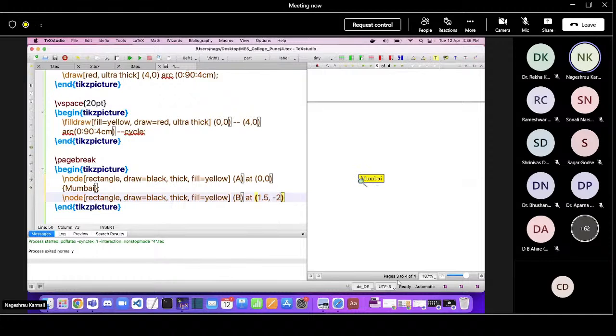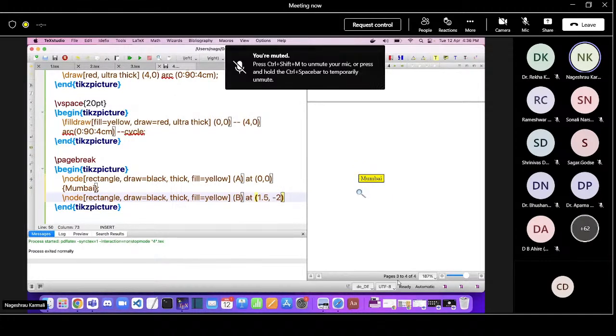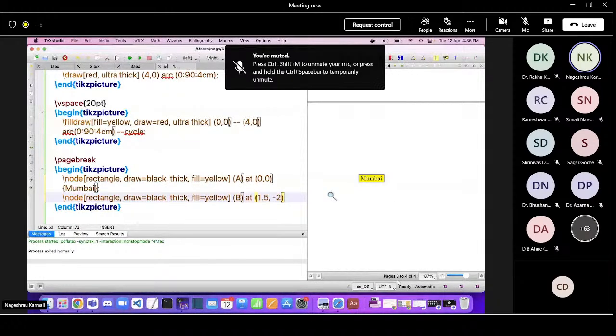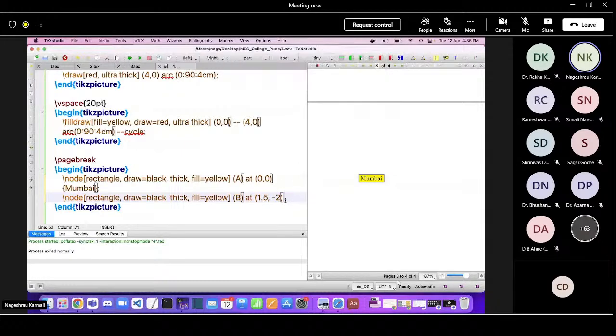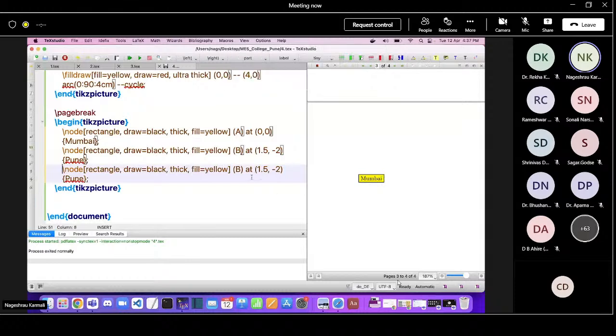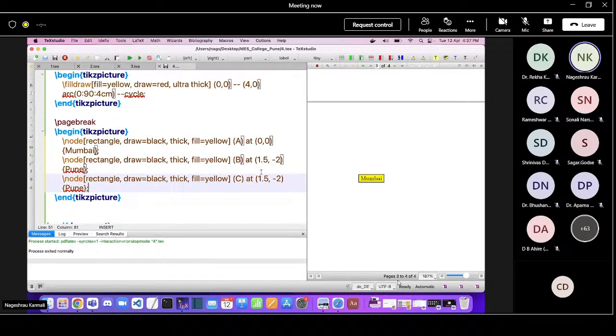So this is at 0, 0, so 1.5 would be somewhere here, and this is at 0 here, so we need to come down. So maybe we'll come down by -2 points. So -2, and then what should it contain? It should contain Pune. Similarly, we'll draw a node for Ratnagiri. We'll name that node as C, and we call this as,